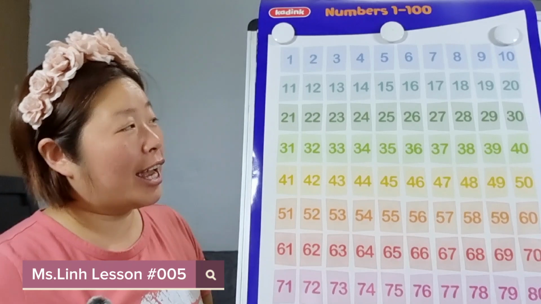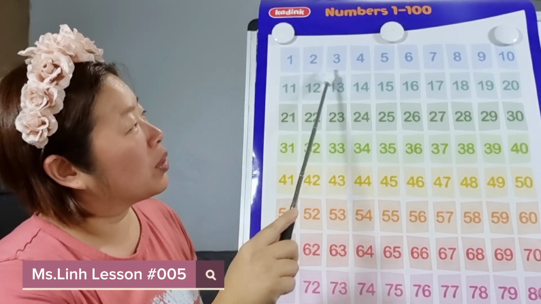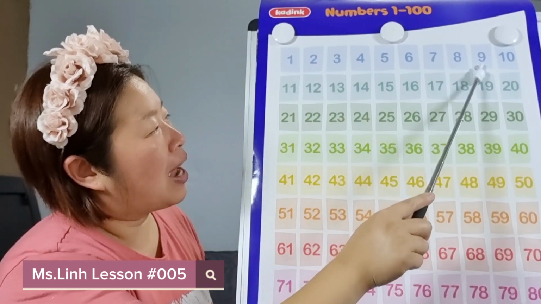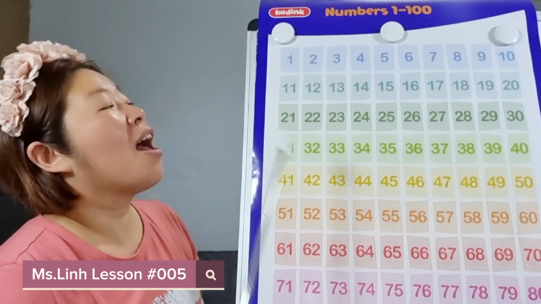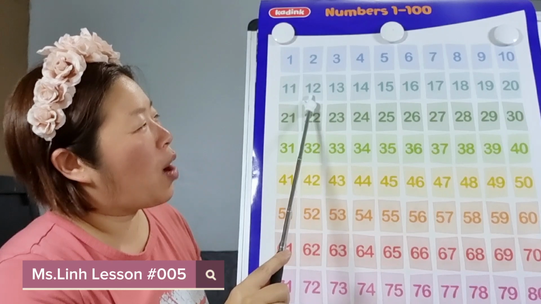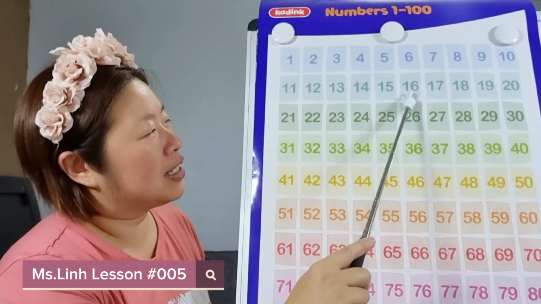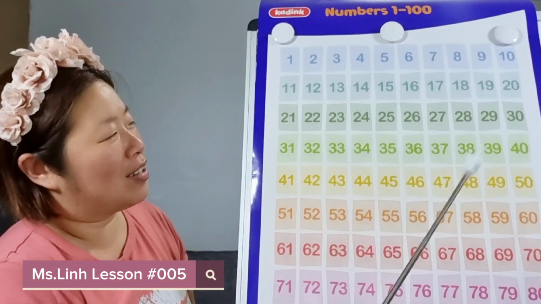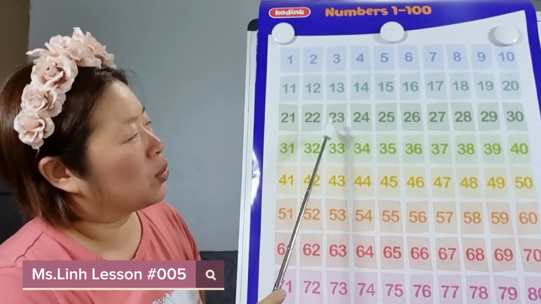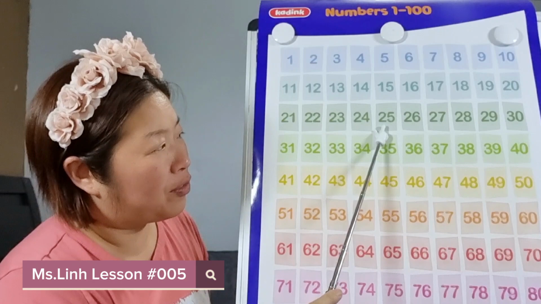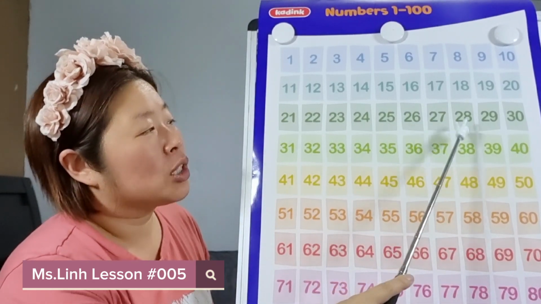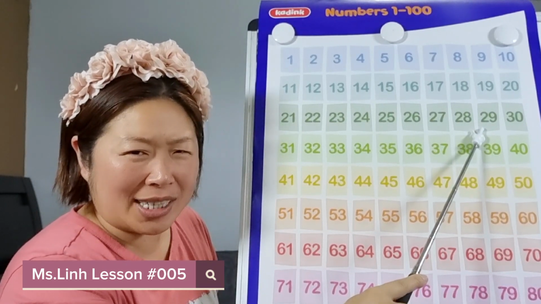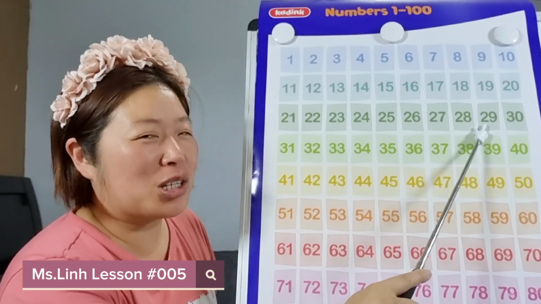Let's count all together, okay? 1, 2, 3, 4, 5, 6, 7, 8, 9, 10. After 10 is 11. Good job. 12, 13, 14, 15, 16, 17, 18, 19, 20. Very good. 21, 22, 23, 24, 25, 26, 27, 28, 29. What's after 29? Do we say 2010? Not quite right. After 29 is